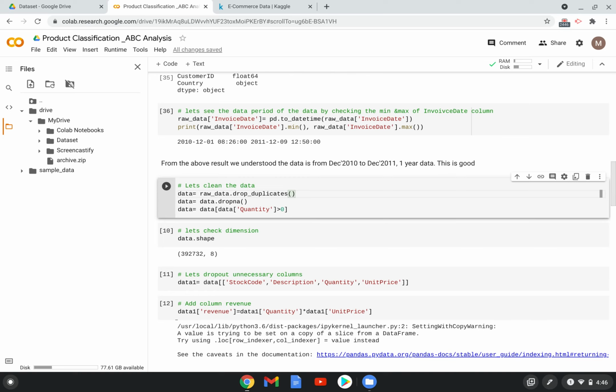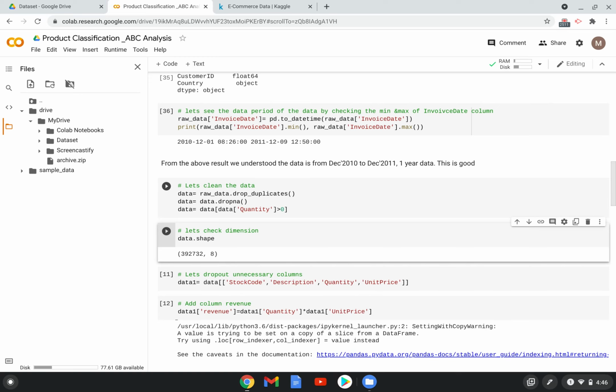If you think practically, in any transaction, only if the quantity is greater than zero is it a purchase, right? If not, it might be some other backend transaction the store people might have done. So that's the reason. Let's consider only the data where the quantity is greater than zero. That is the data cleaning step.